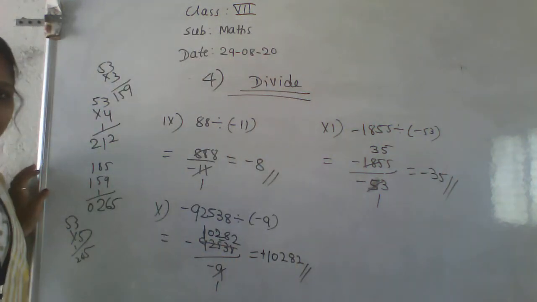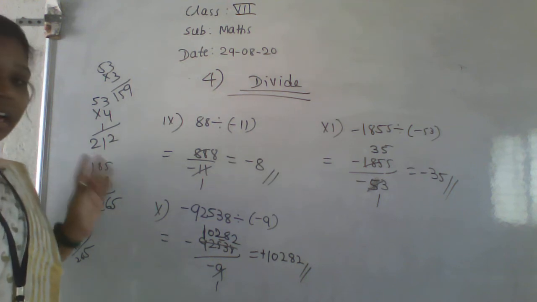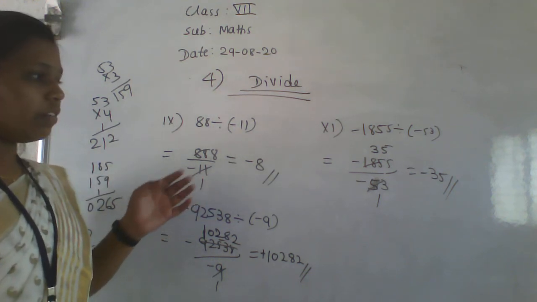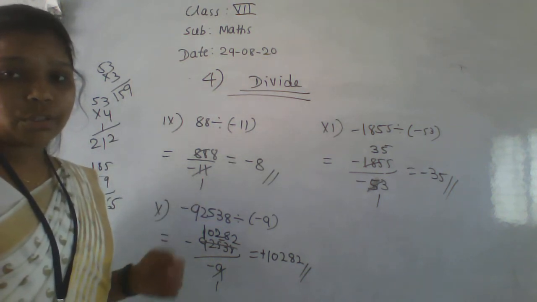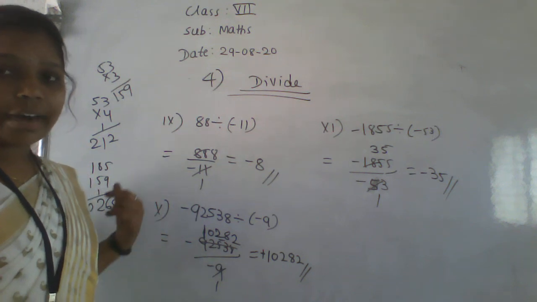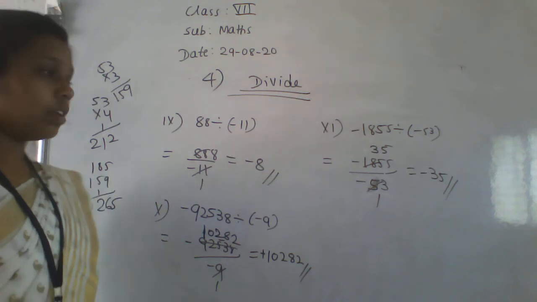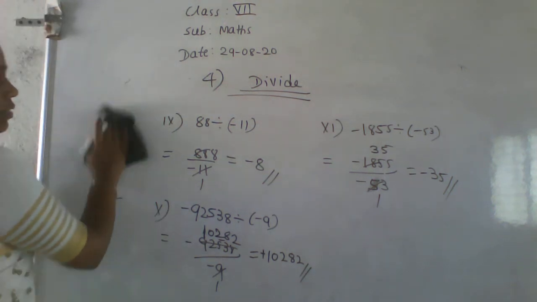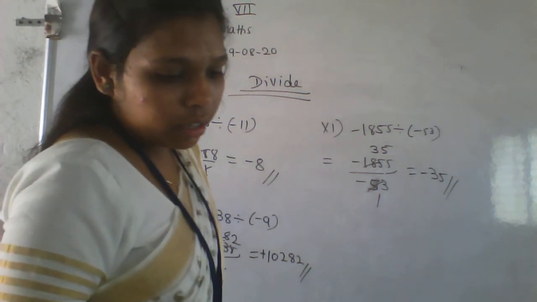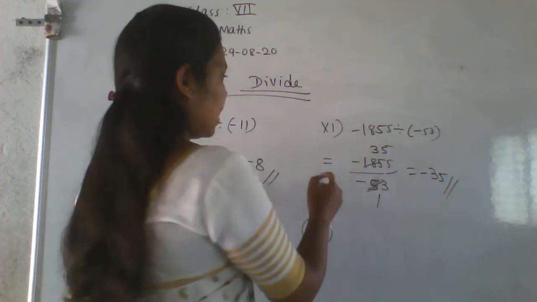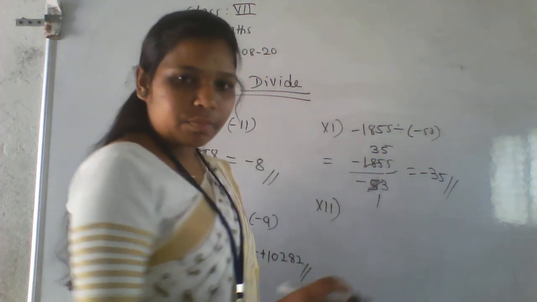Okay, like this we have to do. We have to check the answers here first. Whenever there is a larger number, we have to check. Okay, by the trial and error method, we have to do the cancellation here. Okay, so next, the last one, that is the last one, right? 12th problem, that is